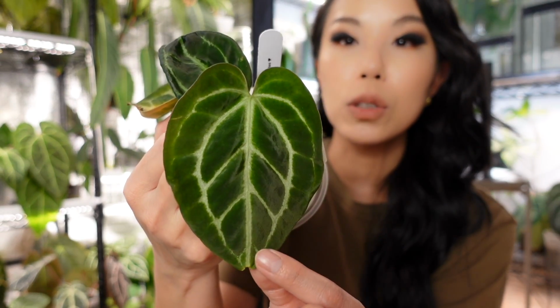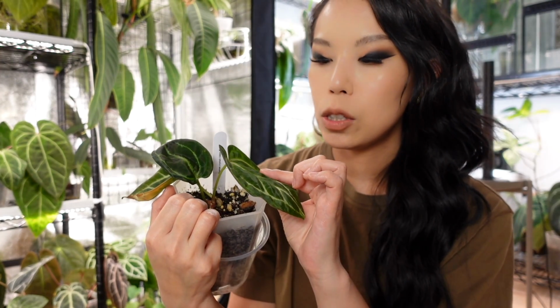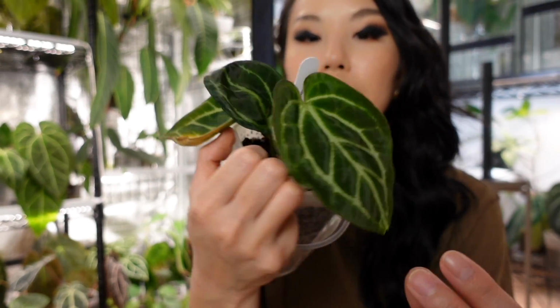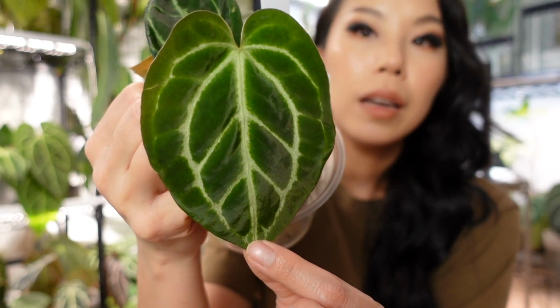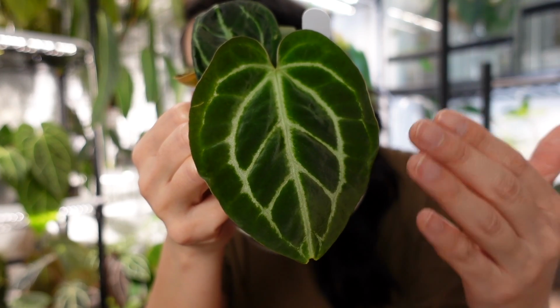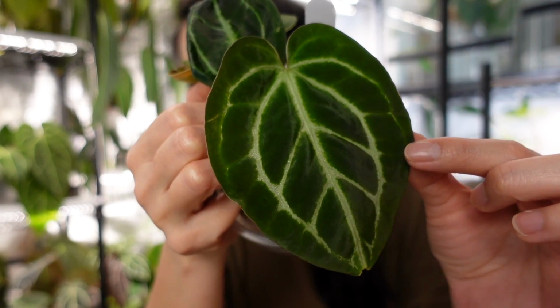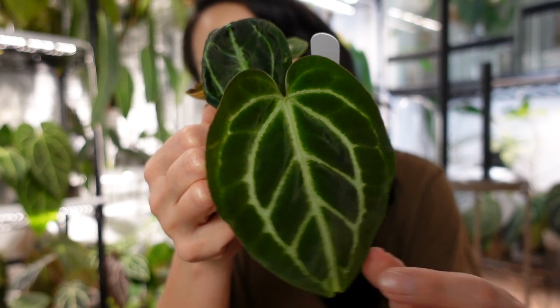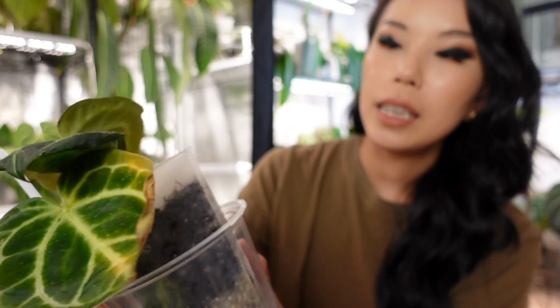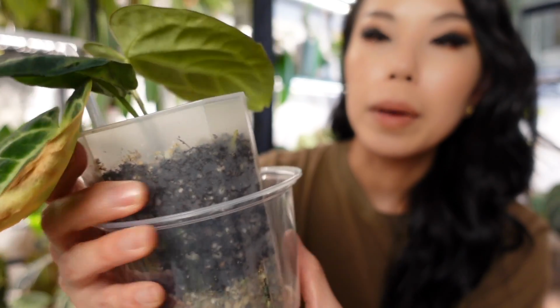I didn't even notice it was growing a new leaf, and it popped a new leaf so quickly. And I find it so pretty because I didn't really notice it so much on the older leaves, but this silver looks furry. Do you know what I mean? It's so blurry and fuzzy on the edges. Now I'm truly understanding why Amanda sent this to us, because it is such a cool one. And you can see that there's some